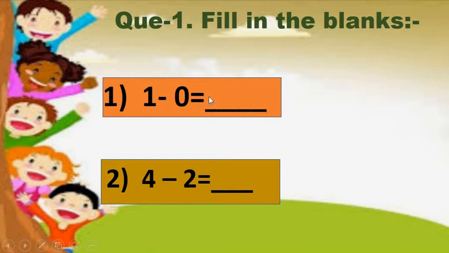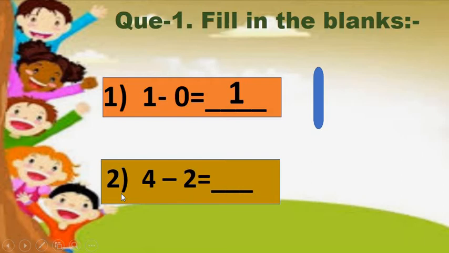To fill these blanks, let's understand how can we solve this. Our FB is 1 minus 0. As we are going to make subtraction, but here is 0. So we should not cross out or take away any number. So 1 is remaining there. We can say that 1 minus 0 is equal to 1 itself. Completed? If you complete this, then leave one line and then write the next FB.